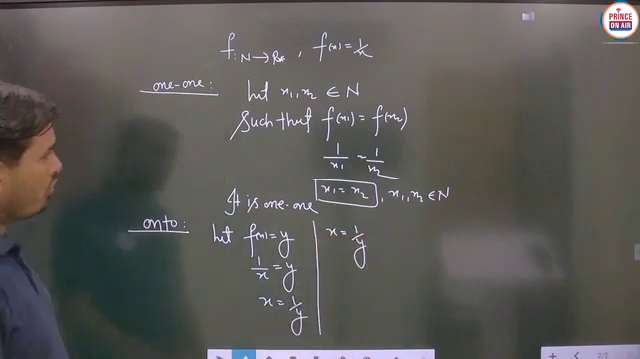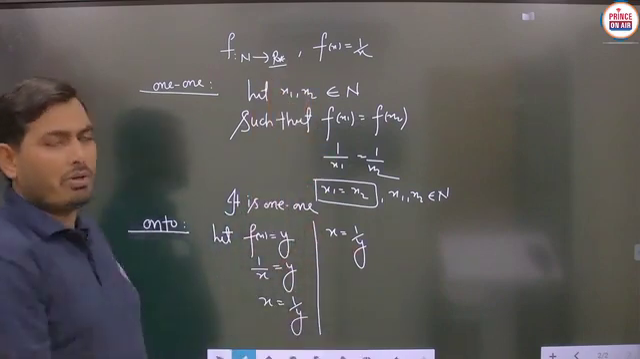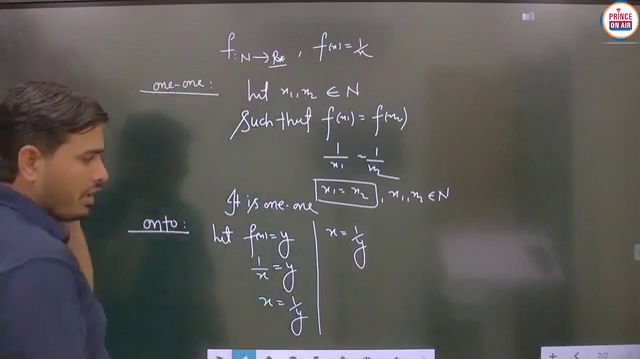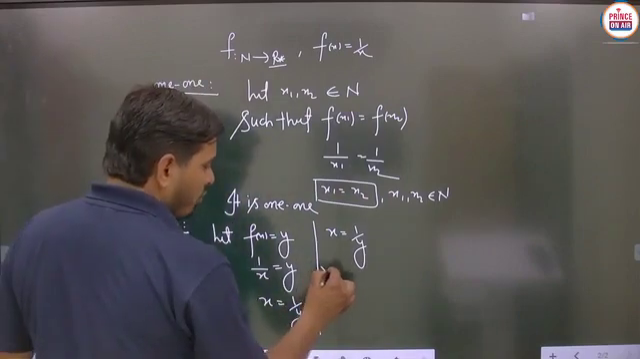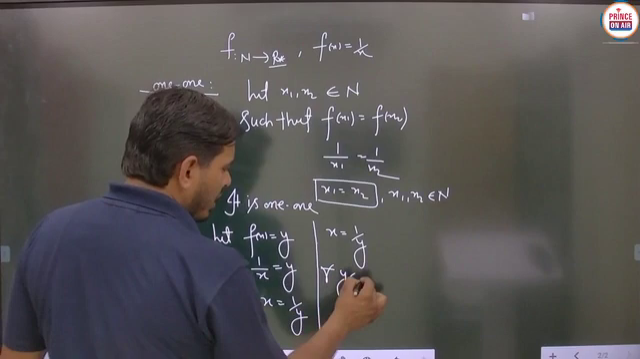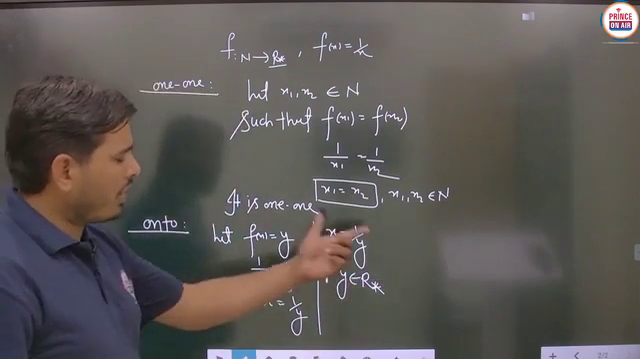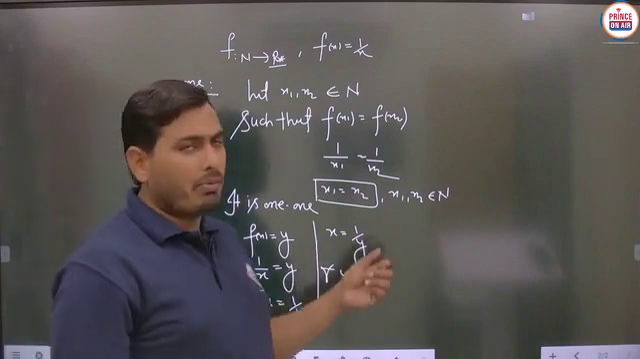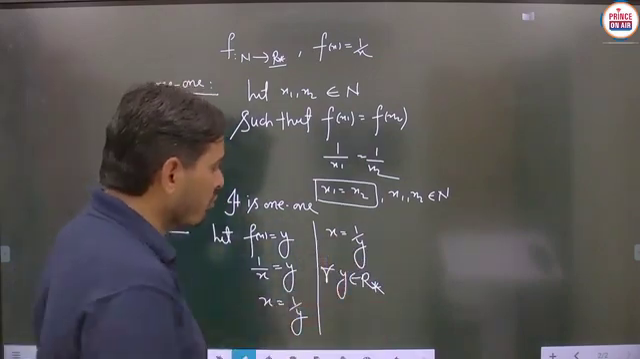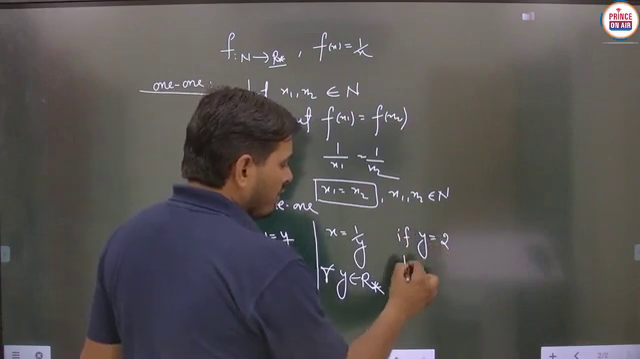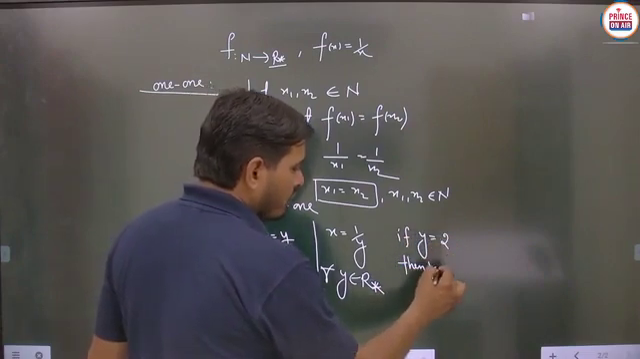y belongs to the codomain, and the codomain of this function is R star, which is the set of all non-zero real numbers. So basically, for all y belonging to R star, suppose we take any number, say y equals 2, then x will become 1 by 2. If y equals 2, then 1 upon y equals 1 upon 2,